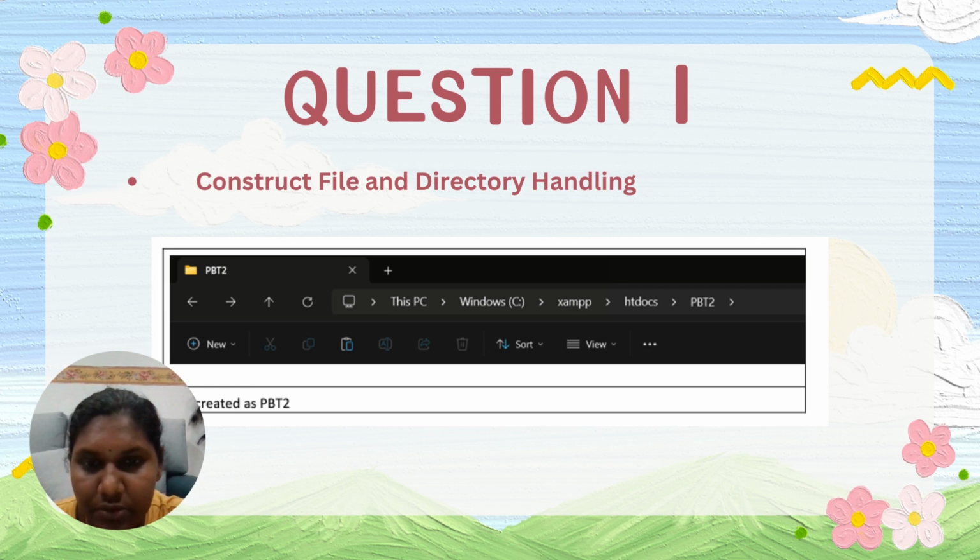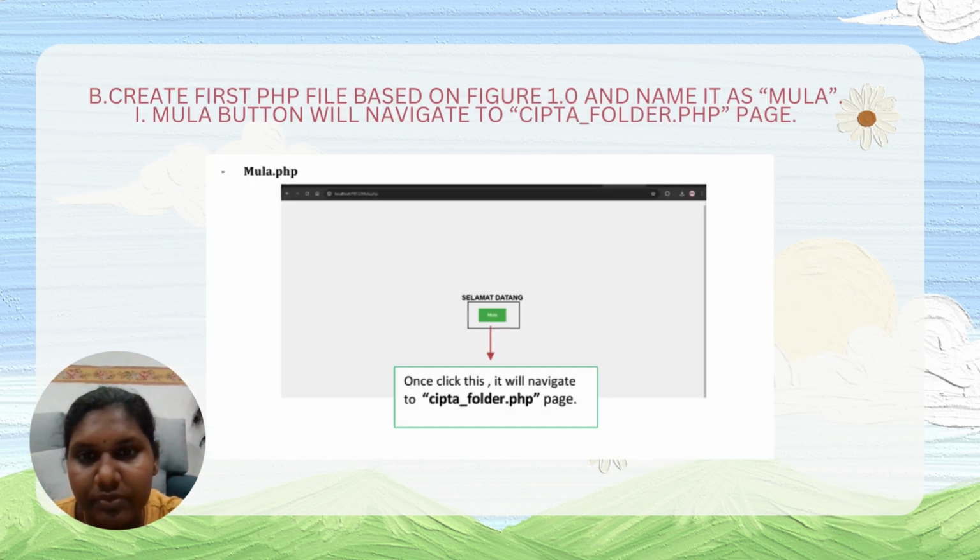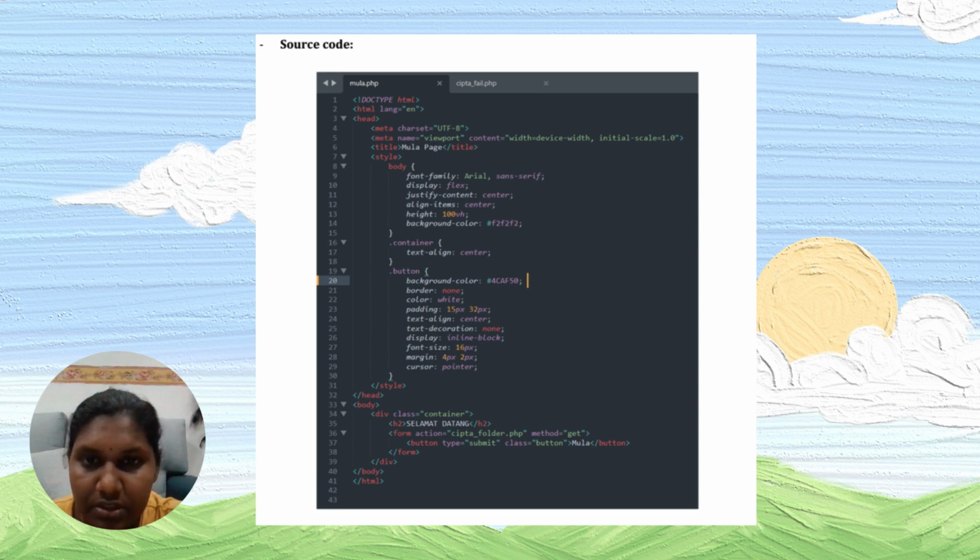So this is question one, where we have to construct file and directory handling. First, we have to create the file name as PBT2. Next, we have to create a PHP file based on figure one and name it Moola. The first requirement is that the Moola button will navigate to the chapter folder file. Once we click the button, it will navigate to the next page. So this is the source code for moola.php,